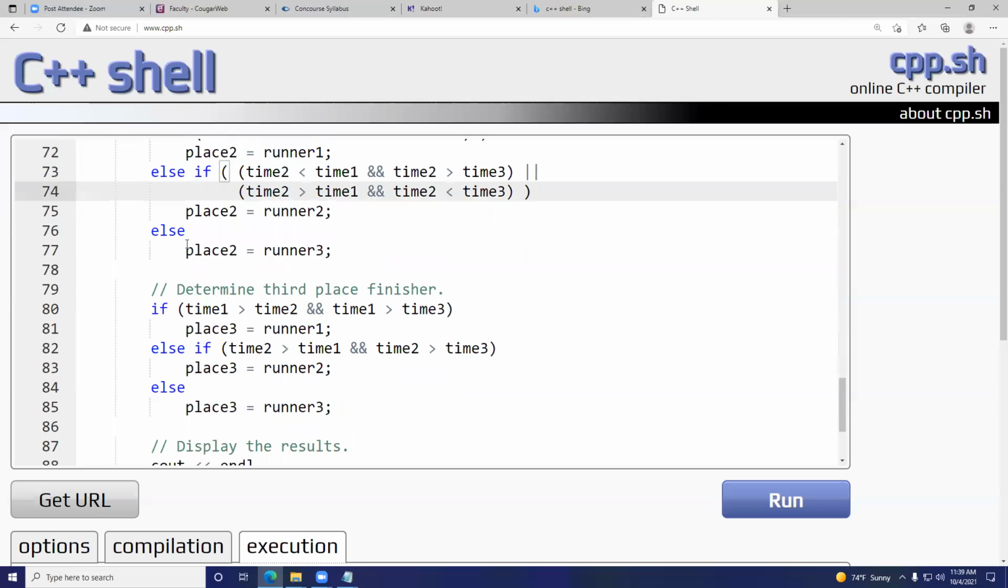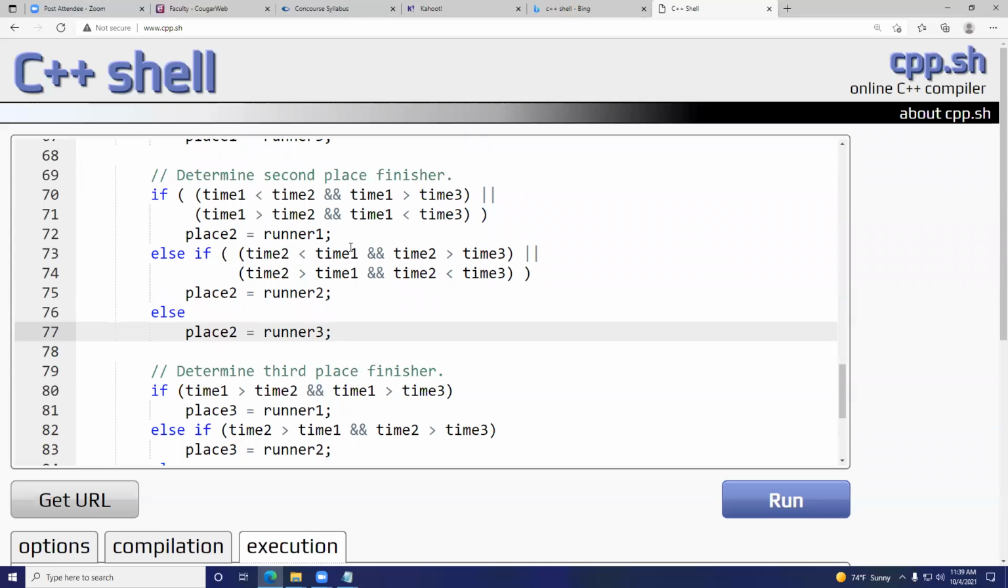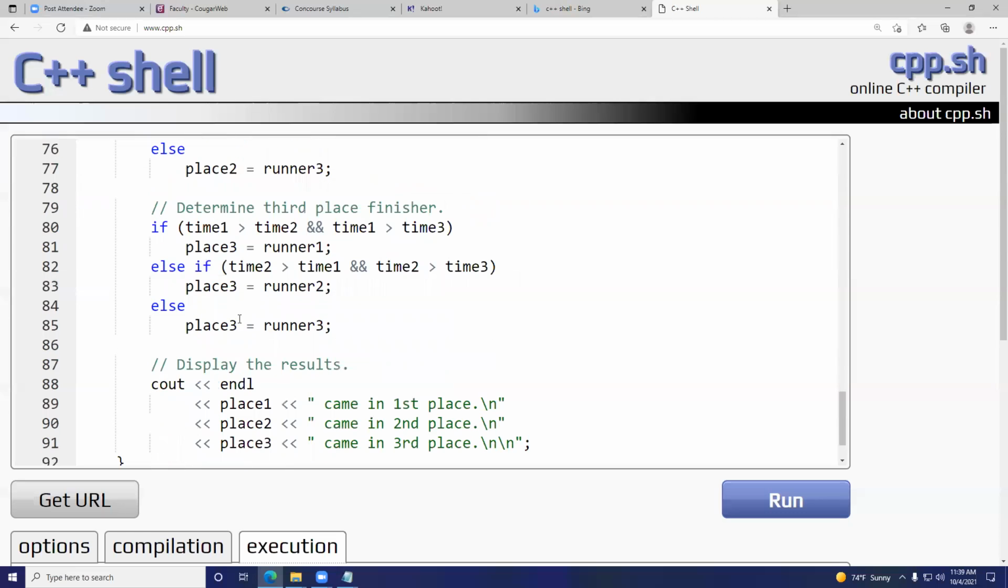Okay, so the only other option left is time 3. So that becomes the else. And again, it's not necessary to put the curly braces on there, but if you want to, you can. Like with your if statement, you could put a curly brace here and then a curly brace here to end it if you want to. It's optional. And then to find out who comes in place 3, well,